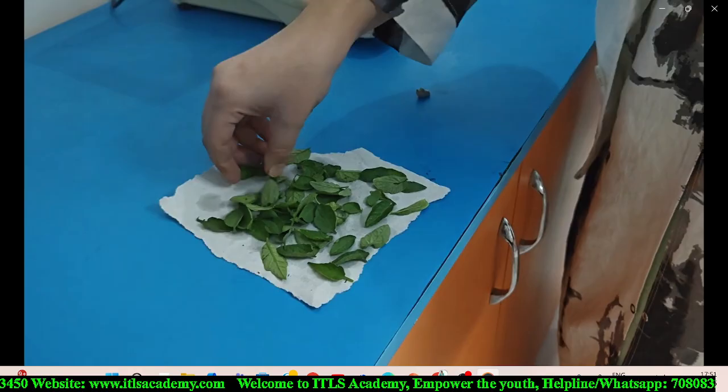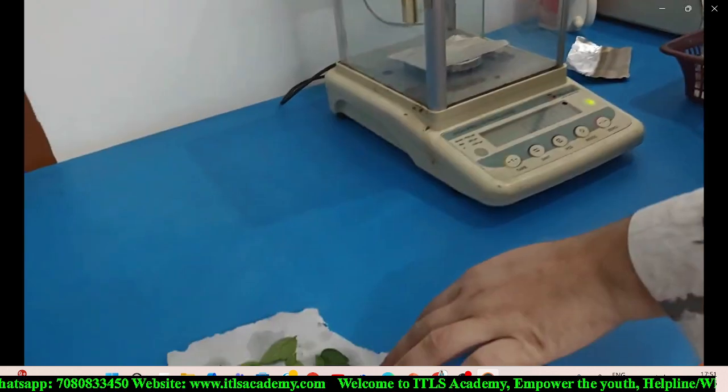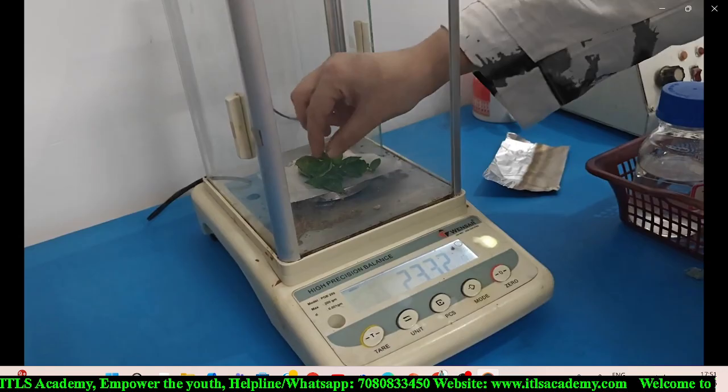फिर एल्युमिनियम फॉइल पे रखेंगे, इसका वेट टेयर करेंगे। फिर जो हमारी लीव जो एयर ड्राई हो चुकी है उसको वे करेंगे। जैसे ही 2 ग्राम आ जाएगा हम फिर छोड़ देंगे।